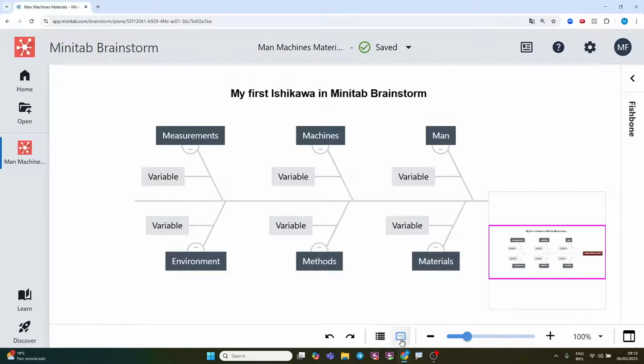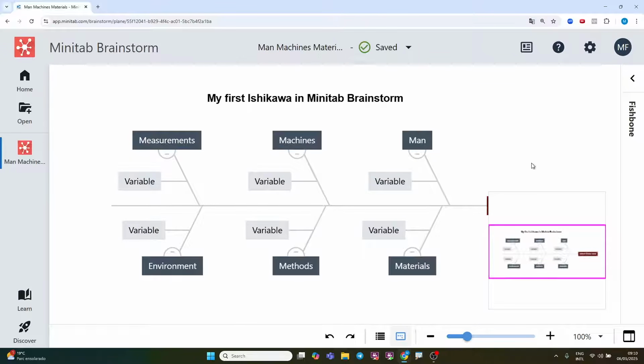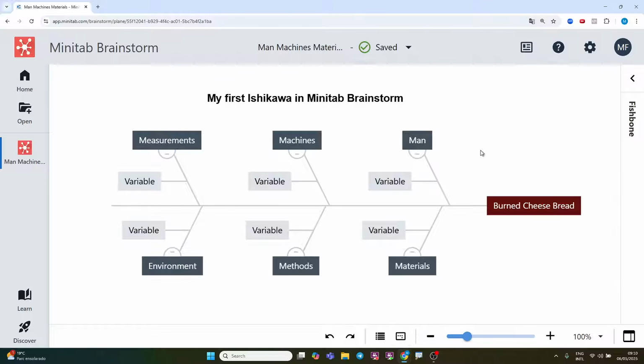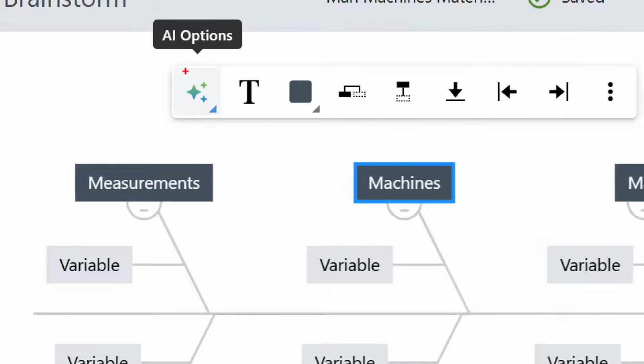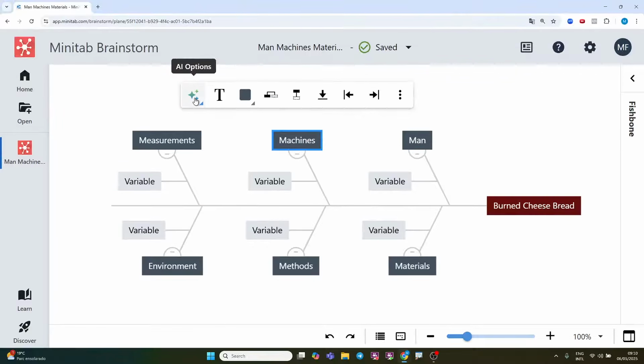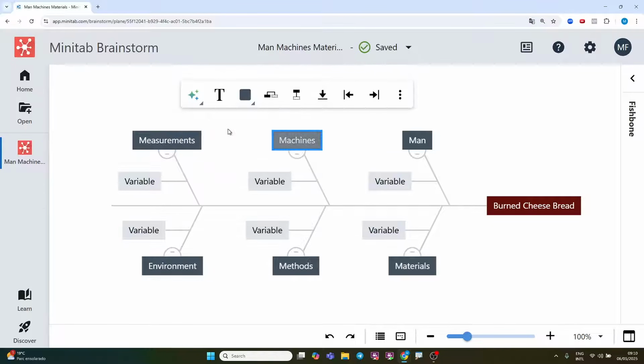But something that I found quite interesting and quite rich, to be honest, is if you come here to machines, for example, there is this AI options. I hope you guys can see. Let me zoom in for you. AI options. And if you click here, there is AI quick generate, AI custom prompt, okay? And obviously, it's important to reinforce that AI technology may make mistakes. But if you click on AI quick generate,